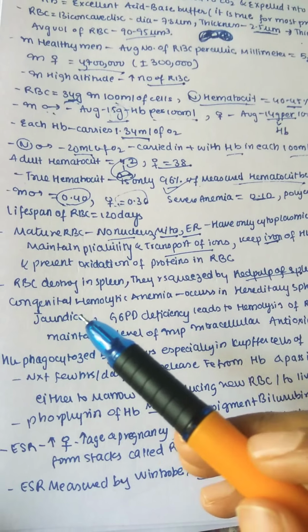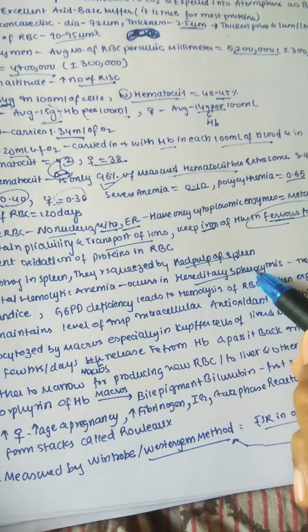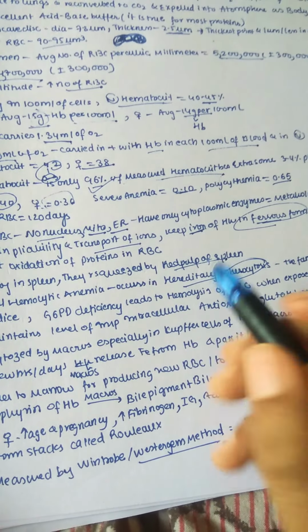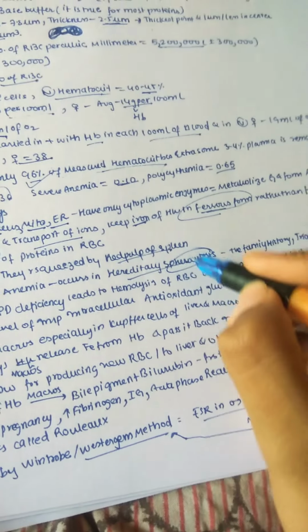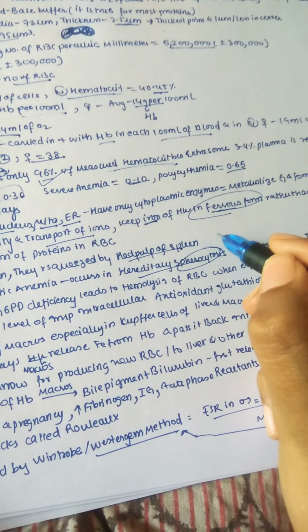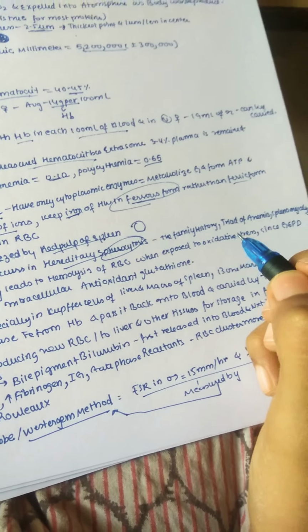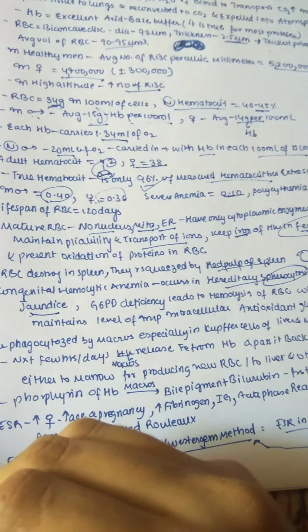So we have some conditions like congenital hemolytic anemia, which mainly occurs in hereditary spherocytosis. This is the case as I explained just now. If their membranes are lost, then our RBC becomes spherical. Normally it should be biconvex. Now because of the congenital hereditary problems, here the RBCs are spherical in shape. It has a family history and also a triad of anemia, splenomegaly, and jaundice.